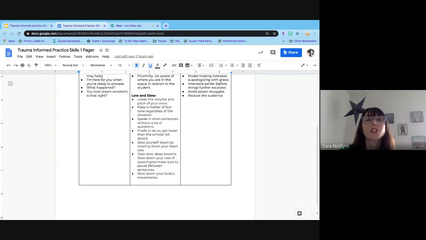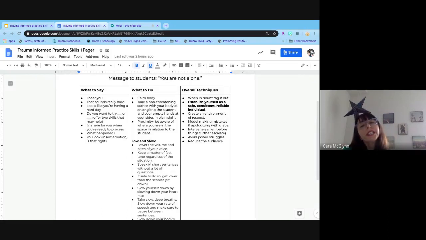Oftentimes, we all want to jump in when there's a crisis situation to help, which is amazing. You care about kids, that's why you work in schools. The problem is, if a child is in their downstairs brain, that amygdala response, and they see more and more adults, that feels really threatening. And it's impossible for even a couple of adults to calm that child down with a whole bunch of other adults standing around. So if a couple of adults have the situation handled, make eye contact with them, do a little check-in across the hall. But if they give you the signal to go ahead and keep it going, keep going.